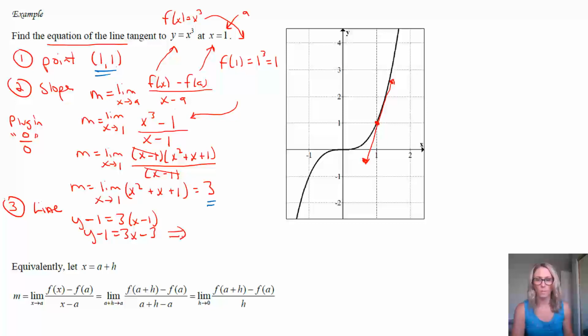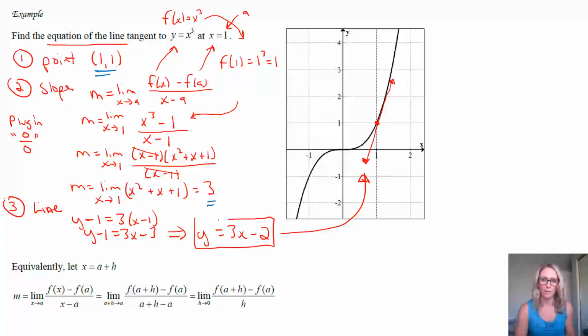And then just spacing wise, I'm going to bring it over here. y equals 3x minus 2. So that is the equation. What we have found, pretty exciting, is that is the equation of that line. That is the line that is tangent to x cubed at the point x equals 1. And that's the equation of that line. So that's a big deal. But that is our final answer in kind of a 3-step process there. So make sure you recognize that. That's going to be a pretty common thing to do.